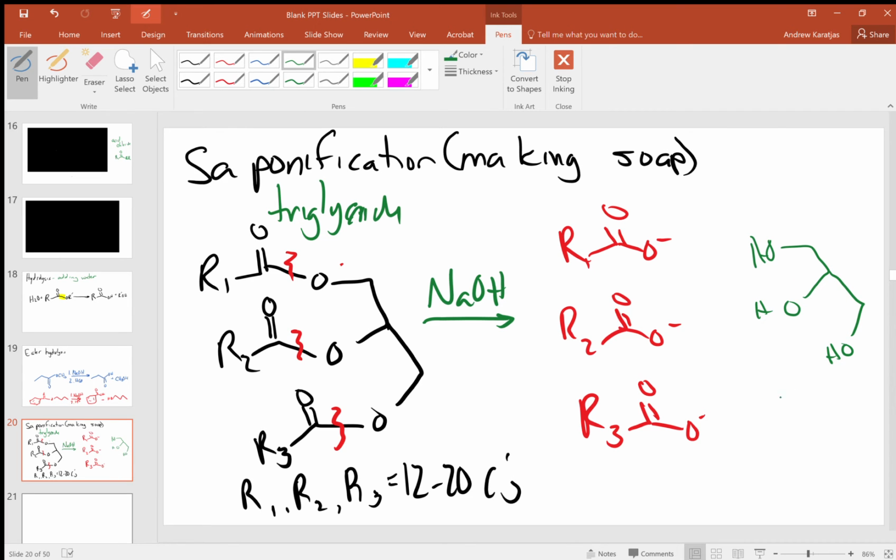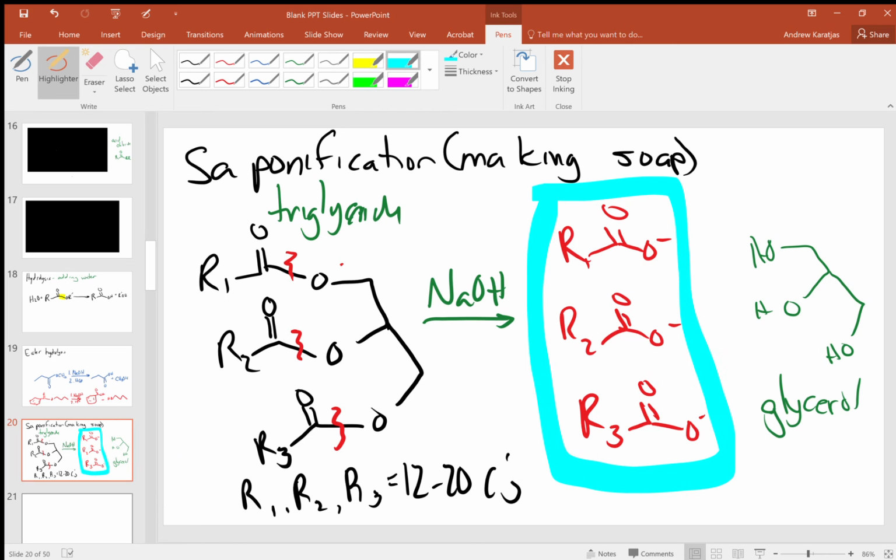The triol is glycerol, and glycerol is commonly used in skincare products as well as to make nitroglycerin. But we're going to focus here on these,